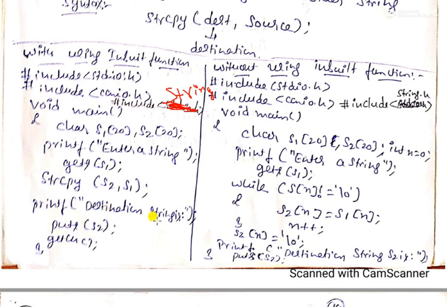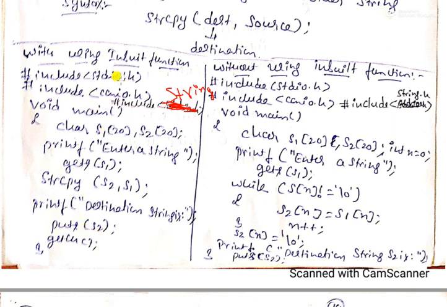Printf destination string. So here the destination string is s2. Now I am going to print the destination string s2. So we are using puts. puts is an unformatted output function, put string. So puts of s2 will print the output: whatever value you stored in s1, that same thing you copied to s2 is printed.